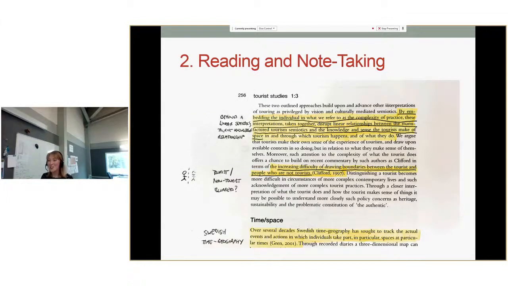So I wanted to show you an example of the system that I use. I do not have the best handwriting in the world, so it's sometimes a little bit challenging to read my notes, but this is how I go through an article, basically. I print it out, so then I can read it in the sun. I don't have to be in front of a screen.